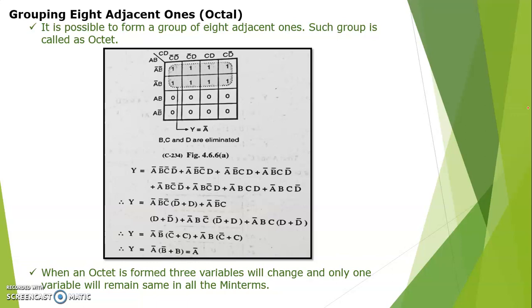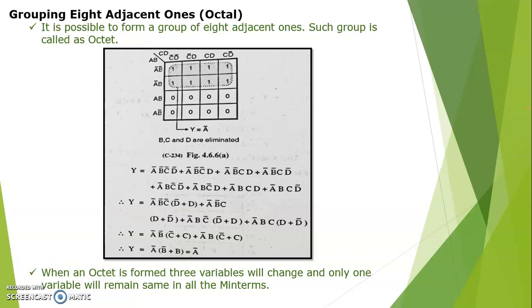So now you can see the equation. Which 3 variables are the same? That is A bar, B bar and C bar. So D plus D bar. So you have a D plus D bar, that means what will we get as output? On that basis you have to do the things. So A bar, B bar, C bar is common in these, and D plus D bar. Then A bar, B bar and C. So D plus D bar. Then again you have to make an equation like that. Then you will get A bar, B bar, C bar plus C, A bar, B, C bar plus C. So now you will get A bar, B bar plus B equals to A bar.